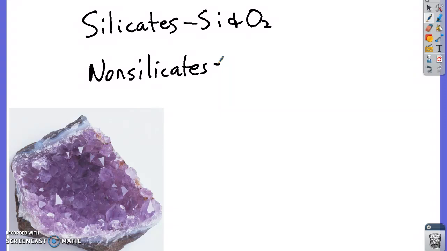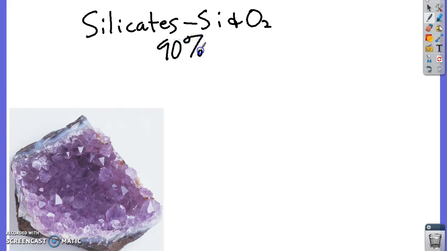Silicates are roughly about 90% of the Earth's crust. So almost the whole Earth is the crust, the outside layer. The first couple miles of rock material is silicates. There are two main types. We break them down into